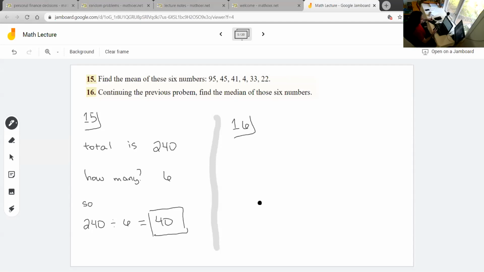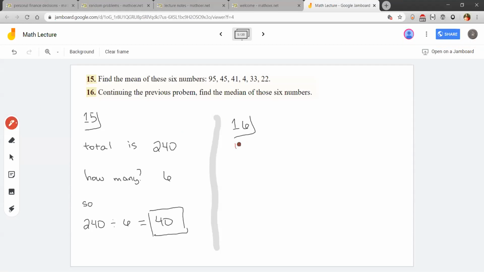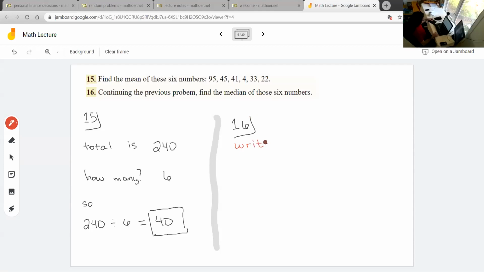How do I find the median? Isn't that where you write them out in order and then find the middle number? Yes. Right? So they're not in order. I have to make them in order, and then I have to pick the middle. So my smallest one is the 4. And it doesn't hurt to just cross them out as we're going. Make sure we're not double counting any. 22,